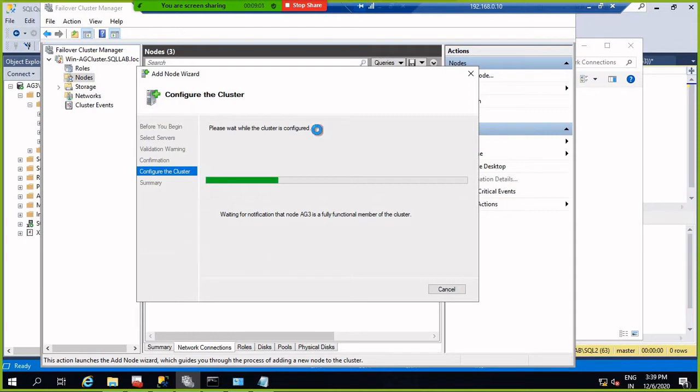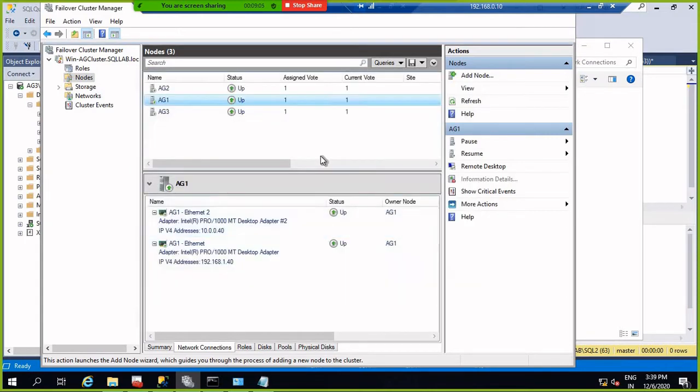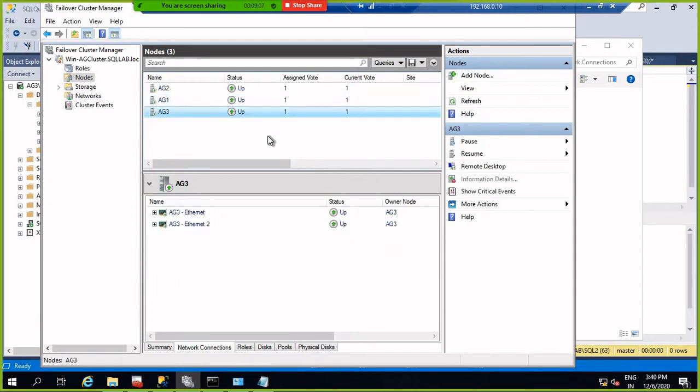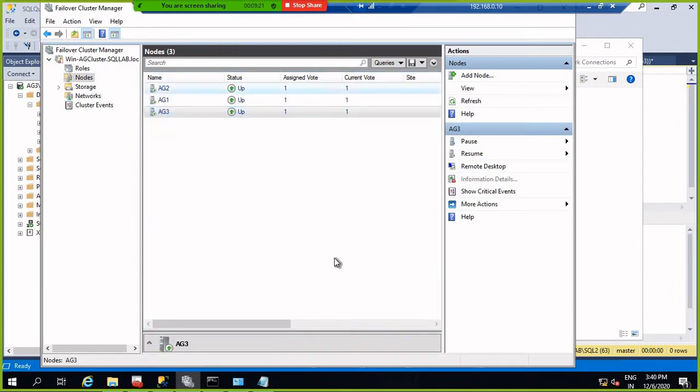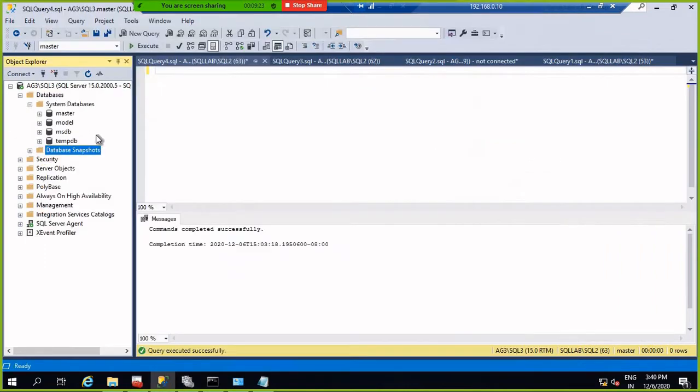And in today's session we will also discuss how to perform database restoration in AG. You can check here that this is 44 and this is 43.